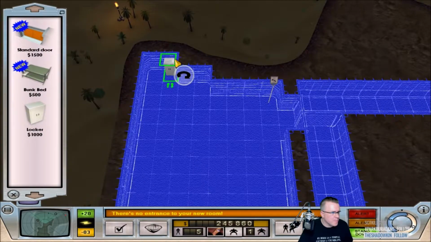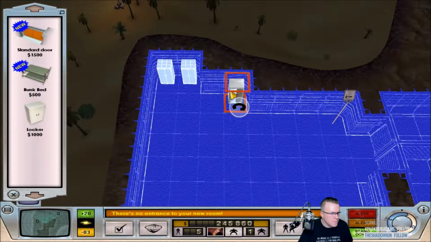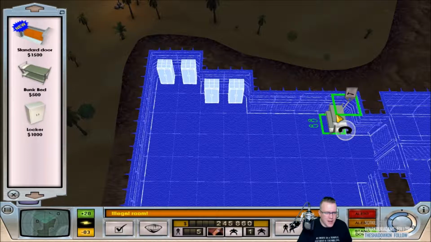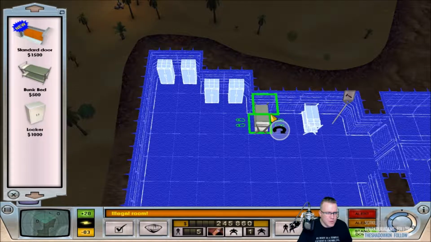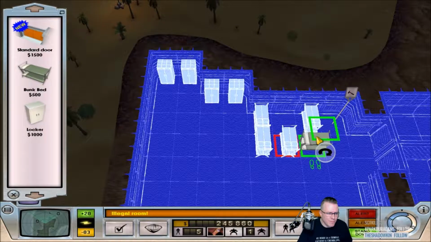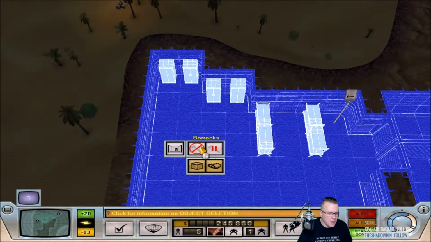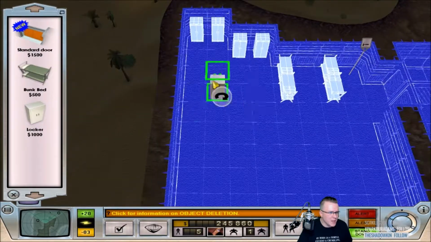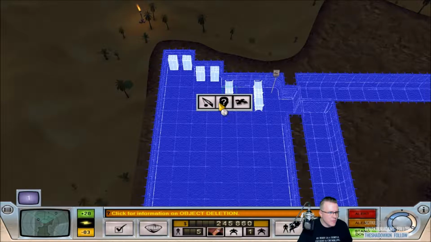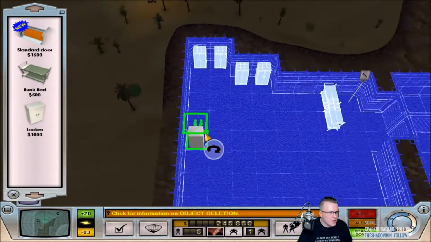Okay. Object purchase order confirmed. And we'll get bunk beds actually right next to here. Caution, not all object hotspots are accessible. That way people can just use them as they come in, and then we'll just fill the rest of this space with lockers. So, like...